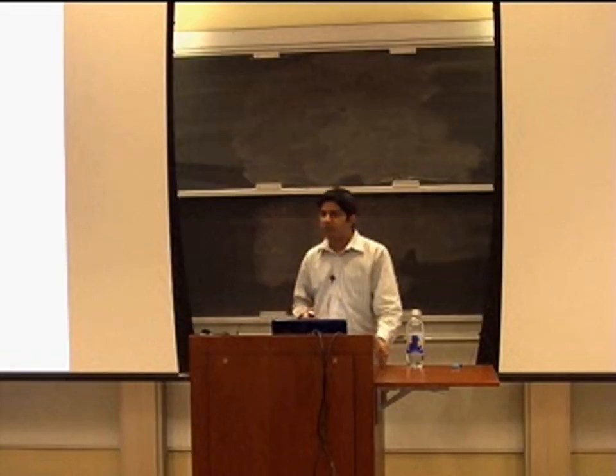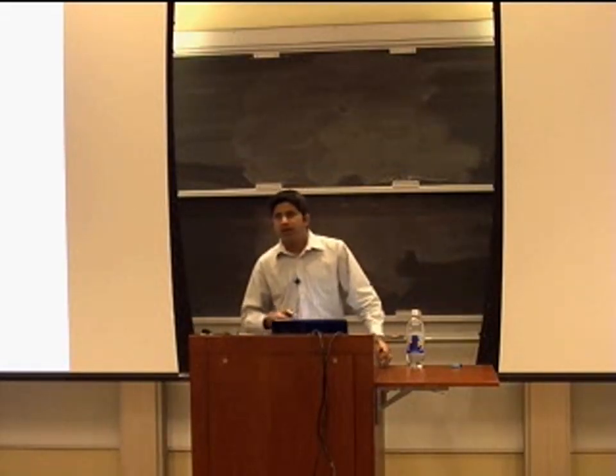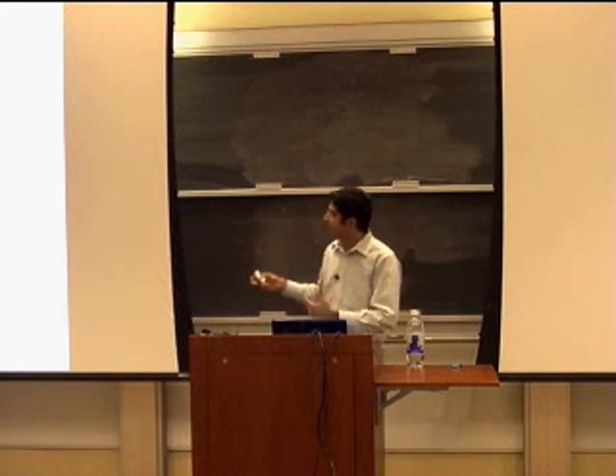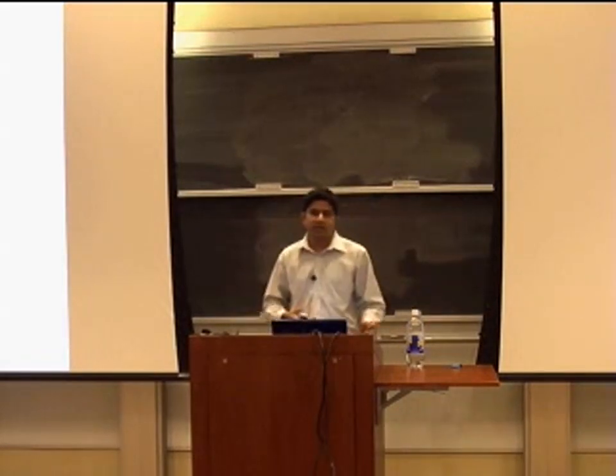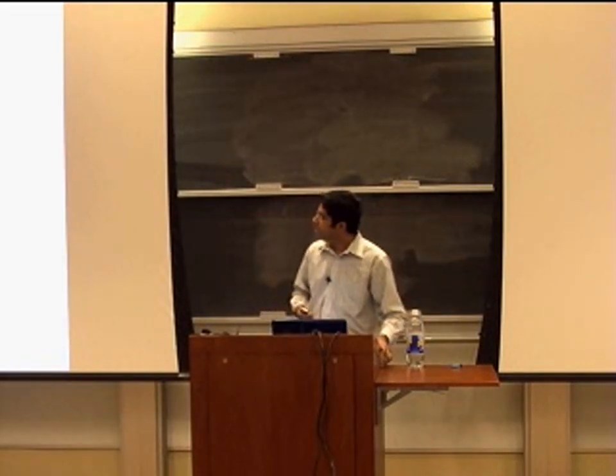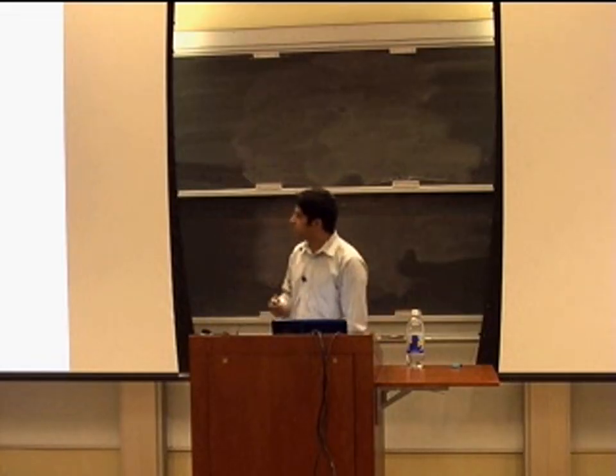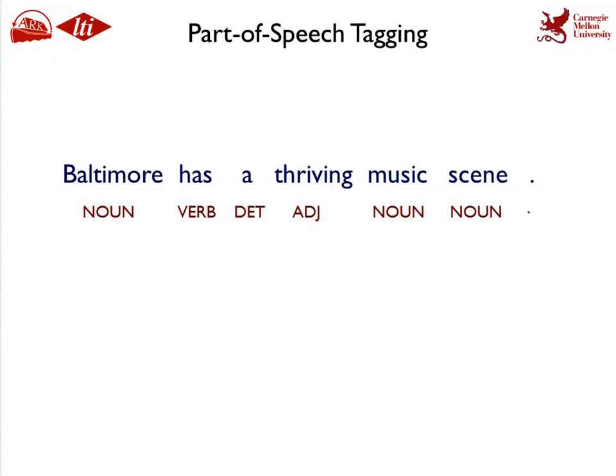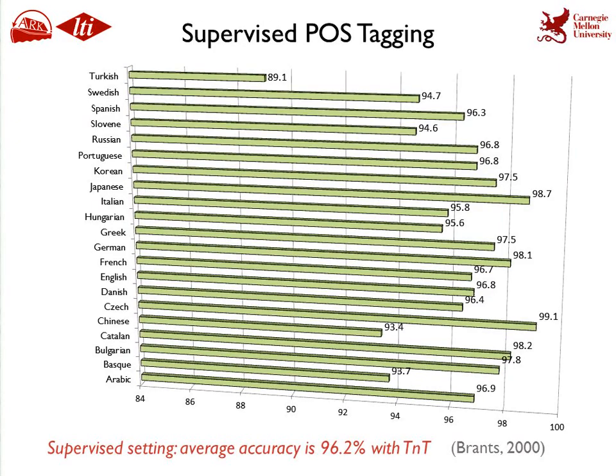In this part of the talk I'll only focus on the task of part of speech tagging. We haven't used these ideas for more advanced tasks like grammar induction. Part of speech tagging is the task of annotating each word of a sentence with a syntactically disambiguated part of speech tag. There is a lot of annotated data in terms of part of speech information for English, and there are very accurate English part of speech taggers, and that's actually true for many other languages.